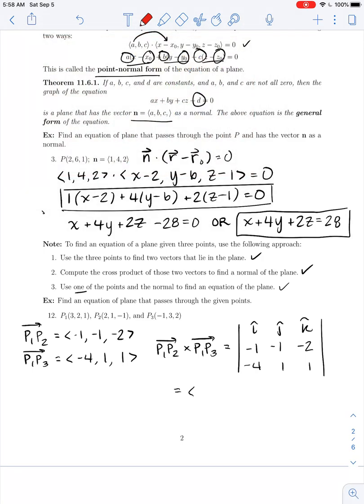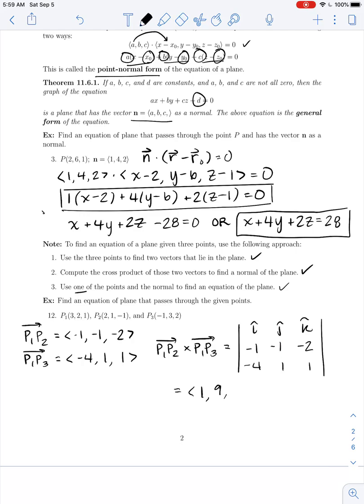So if I strike through the i row and column, I get this lower right 2 by 2 matrix. So when I compute the determinant, I have negative 1 minus a negative 2. So negative 1 plus 2 is going to give me 1. So I have 1 in the i hat component. Similarly, if I strike through j, my determinant is going to be negative 1 minus a positive 8. So negative 1 minus 8 is negative 9. But remember, when we're doing the j hat component, we always negate it. So it's going to become positive 9. Keep in mind that alternating sign here. And then finally,